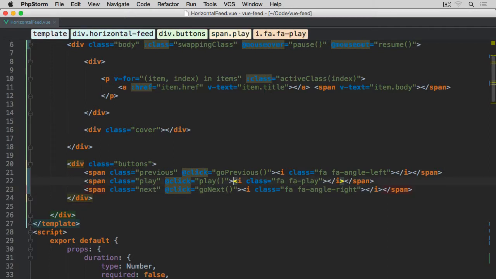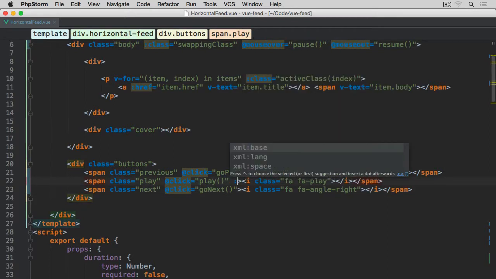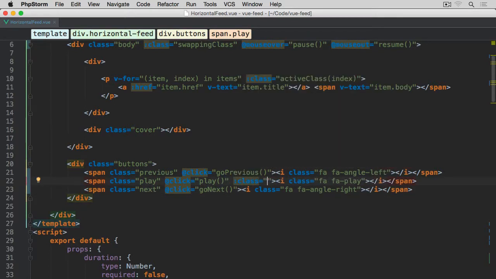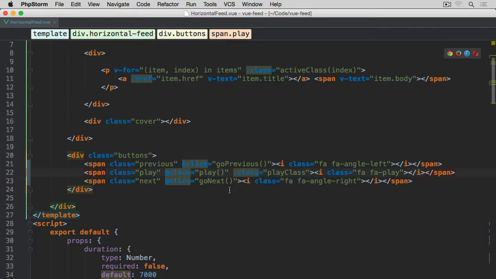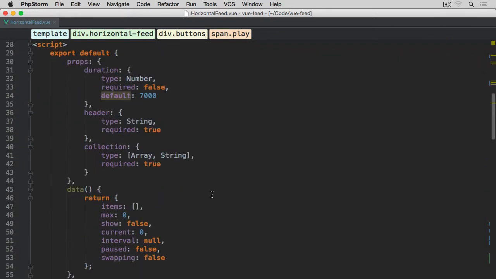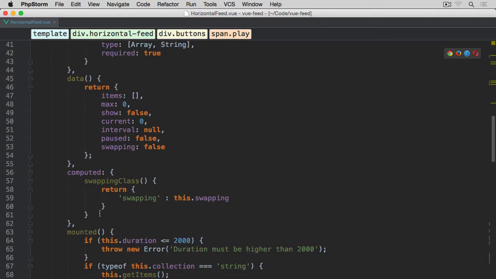Now, another thing I want to do is to apply the class to this play button, and it's going to come from the computed property called play class. And this class will be applied to this play button based on a certain condition. That's why it needs to go to the computed properties. So if we scroll down to the computed section, after our swapping class, we are going to create a new one,